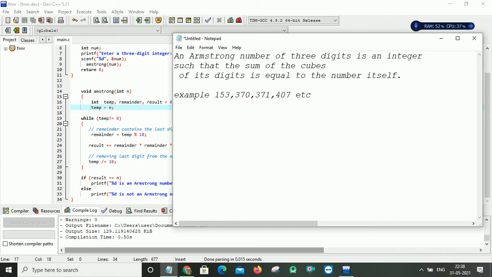An Armstrong number of 3 digits is an integer such that the sum of the cubes of its digits is equal to the number itself. It means that, suppose I take one value 153 and want to find whether this 153 is an Armstrong or not. For that I want to take the sum of the cubes of all the individual digits,